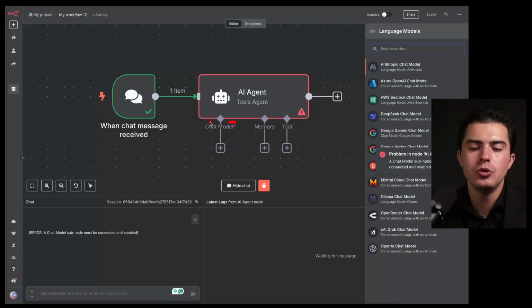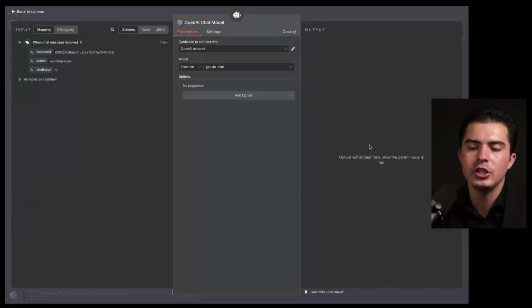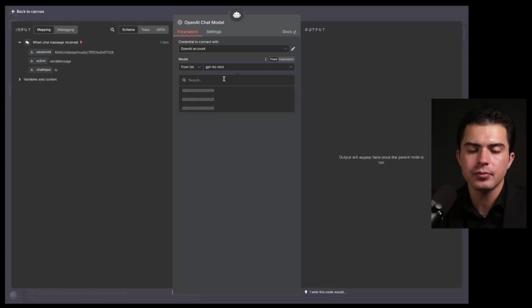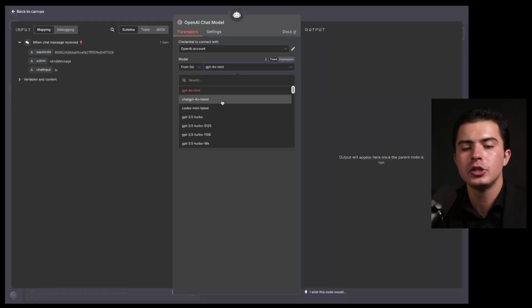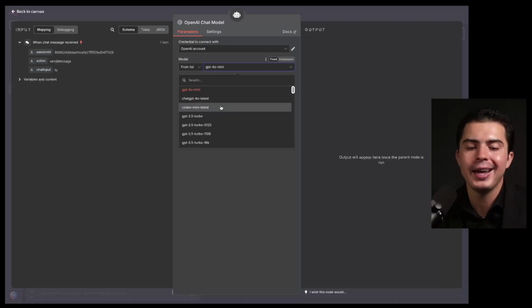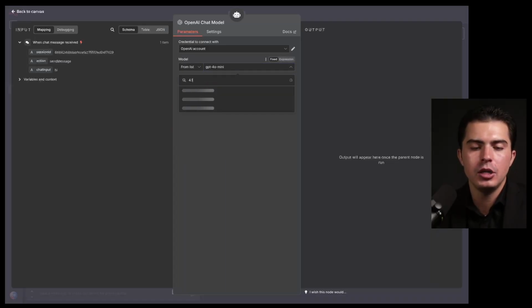I'm gonna go over here to chat model. And the AI agent has a couple parts that are important to understand. So one is chat model, and chat model is just saying, hey, are you gonna use DeepSeek, ChatGPT? You've seen all those polls. Which one's your favorite? We're gonna use OpenAI chat model here, and we're gonna go over to 4o Mini, but I wanna show you the list here. There's a lot of different models you have access to. Keep in mind, you do have to pay in order to play around with OpenAI on their different models here. And keep in mind, you need,